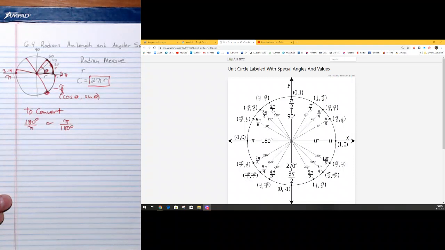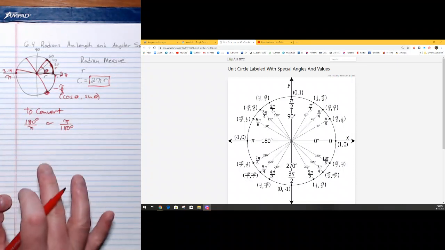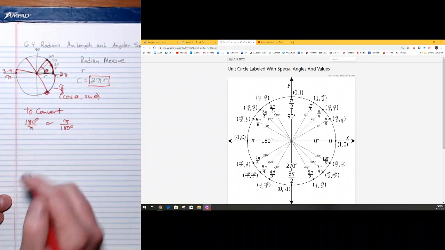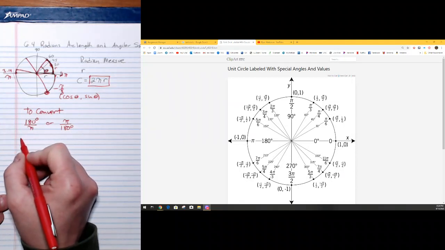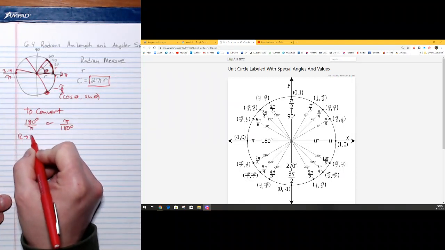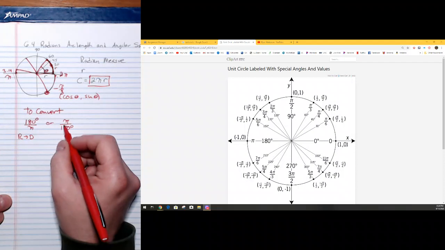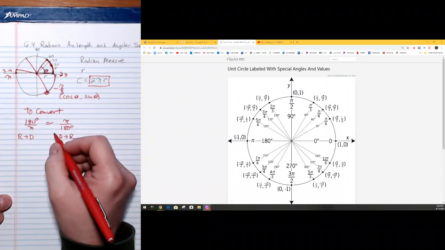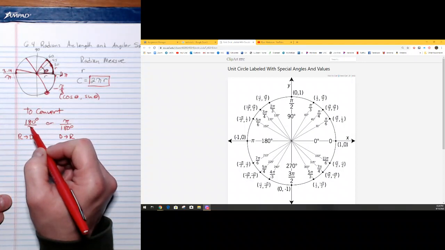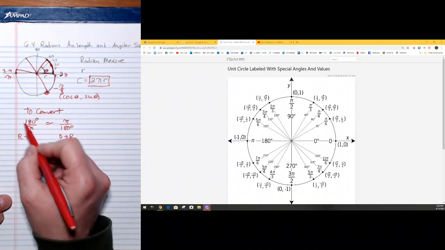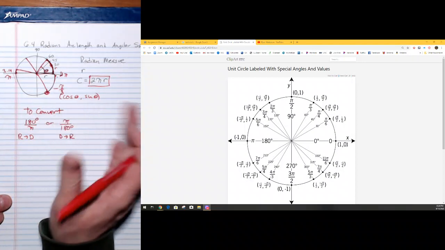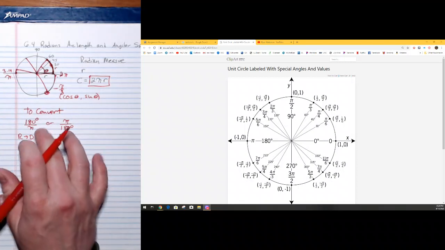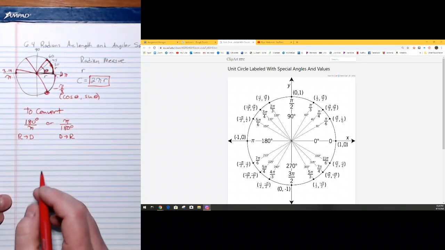And what that allows you to do is convert from either degrees to radians or radians to degrees. Now we use this one here if we're going to go from radians to degrees, and this one here we want to use if we want to go from degrees into radians. Now you can remember that because whatever you want to convert to is what you want to have up on top. And also, if we factor out the labels that we have here, it makes it relatively straightforward as